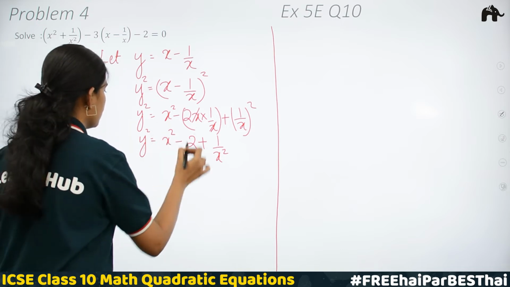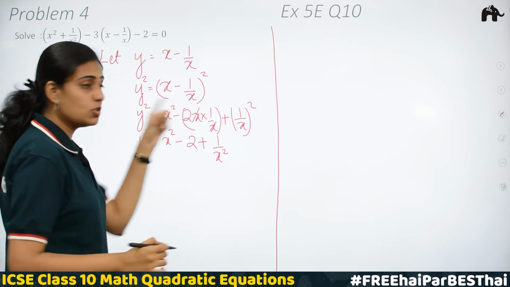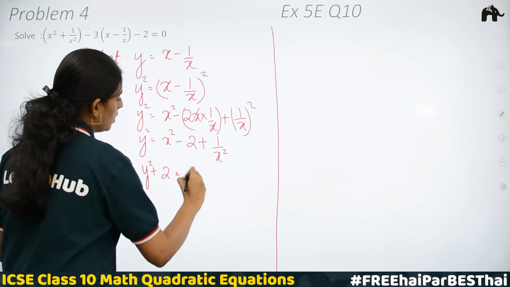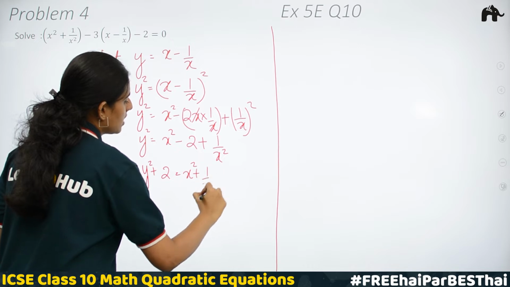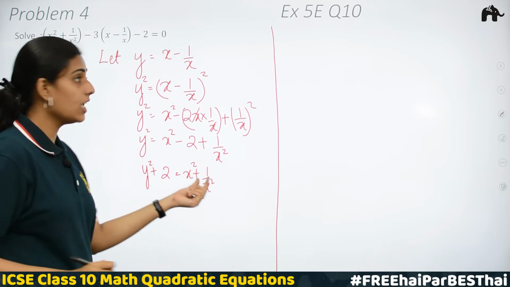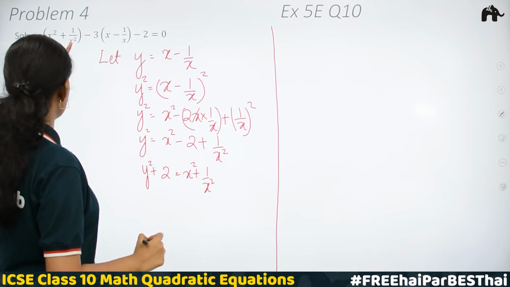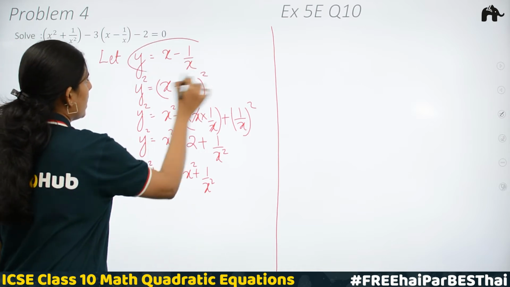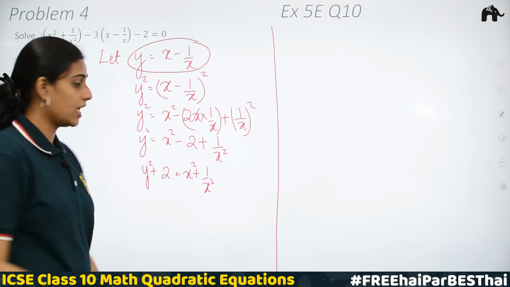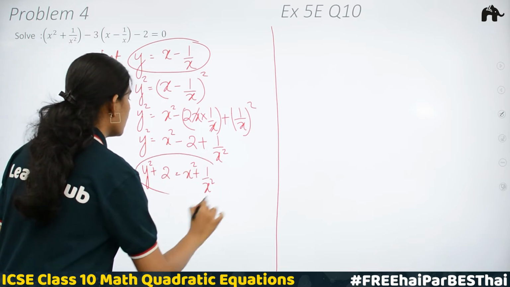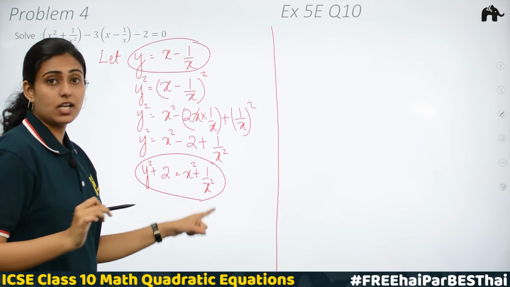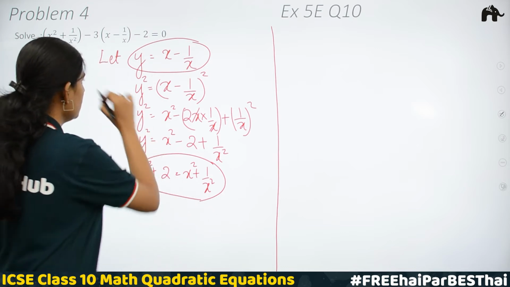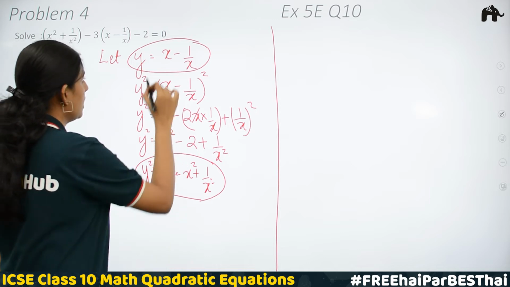Okay. Taking this minus 2 to the opposite side, it becomes y square plus 2 is equal to x square plus 1 by x square. We got the value of x square plus 1 by x square, that is y square plus 2. Now do the substitution. Substituting y is equal to x minus 1 by x and x square plus 1 by x square is equal to y square plus 2, in the given equation, the quadratic equation becomes